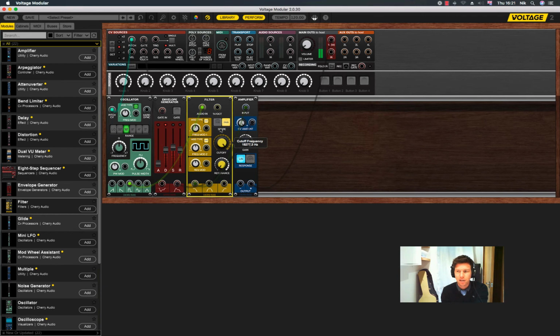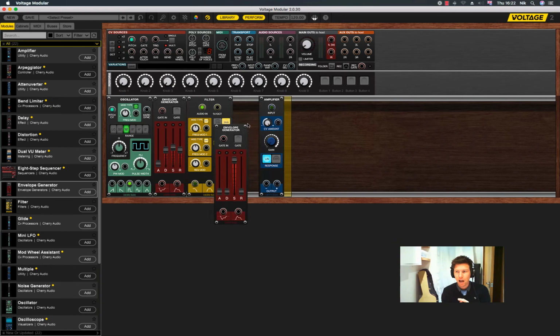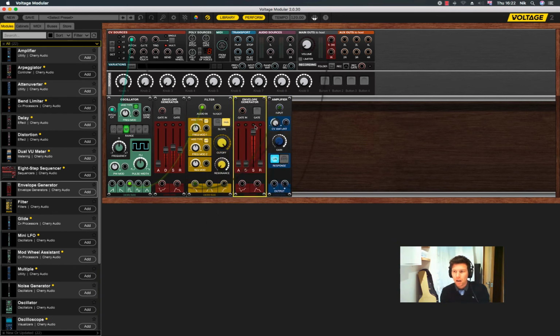Now, the next thing we want to do to create some sort of shape to the sound is to add another envelope in. Now, this envelope will be to modulate the cutoff frequency of the filter. Bear with me here. Hopefully you're not too lost. So we're going to use it in the same way. I'm going to take the sustain all the way down. I'm going to take the decay a little bit up. And we're going to take the output of this to modulate the frequency of our filter. Now, it won't do anything yet